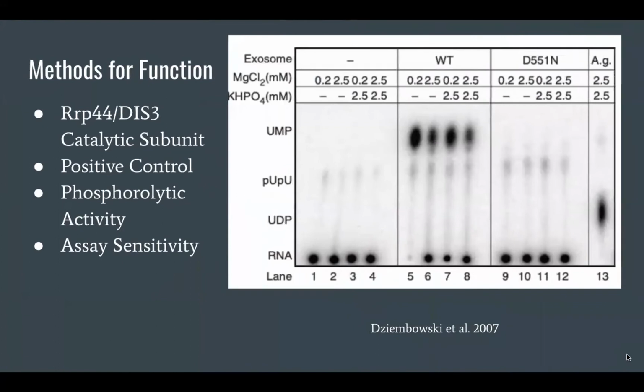In order to confirm that RRP44 was a catalytic subunit of the exosome, thin layer chromatography was performed to analyze the RNase activities of RRP44 in the exosome. Exo RNase assays were performed with a 3' end labeled substrate, and the assays showed that the DIS3 mutation abolished all detectable exoribonucleolytic activity. Addition of phosphate, magnesium ions, or both did not allow the detection of phosphorolytic activity, even though